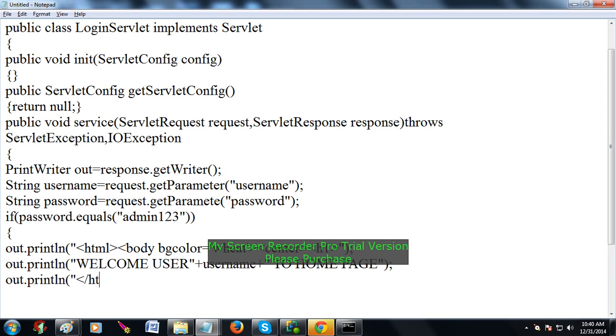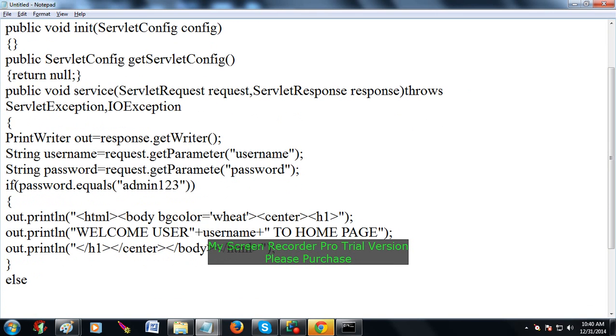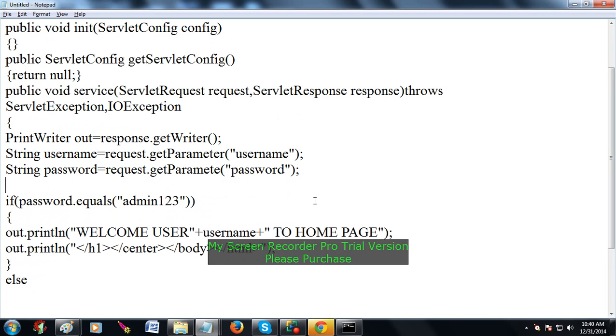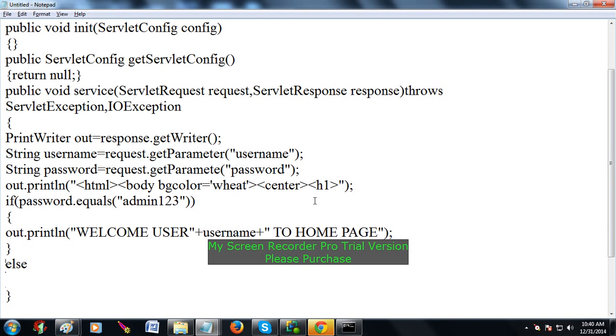So first h1, next center, next body, next right? Close this particular part. Then you have to close this particular if. Yes or no? Else what you can write? So if I want to write both the things directly, I will write out.println above and close the tag below. Here out.println